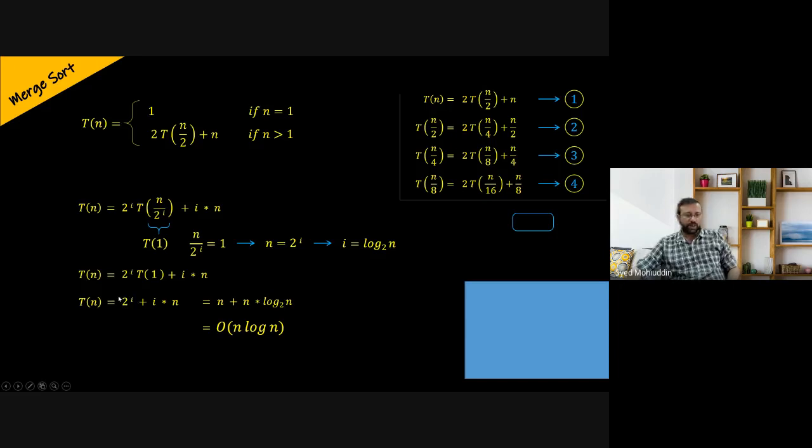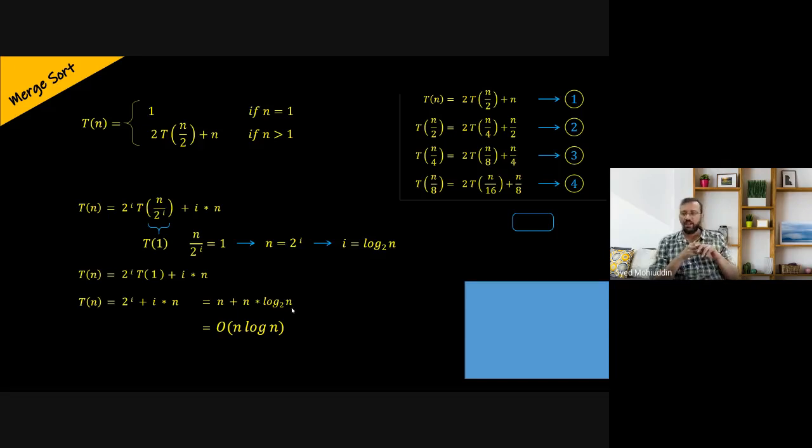Now what is 2 power i? Because this whole expression now has to be written in terms of n, not in terms of i. This whole thing has to be written in terms of n. So 2 power i, what is 2 power i? 2 power i is nothing but n. So we say n plus, what is i? i is log n. So we have log n multiplied by n. So this expression becomes n plus n multiplied by log n, which is nothing but